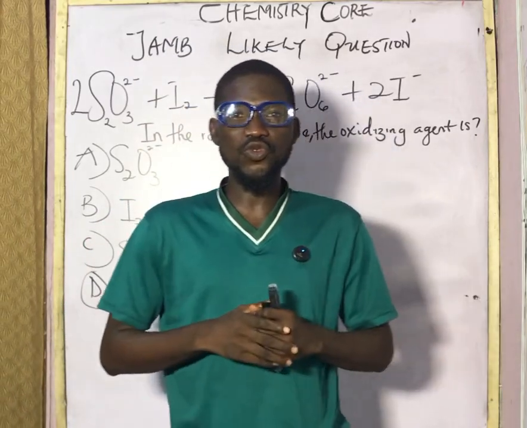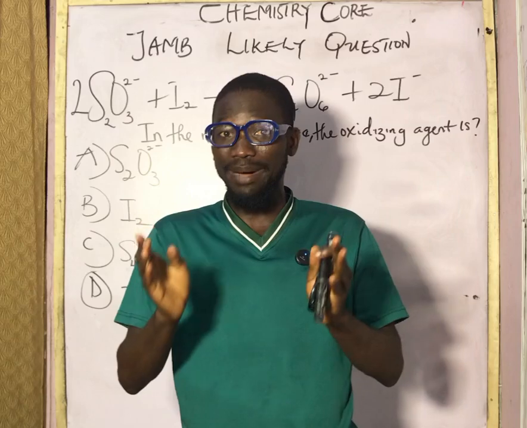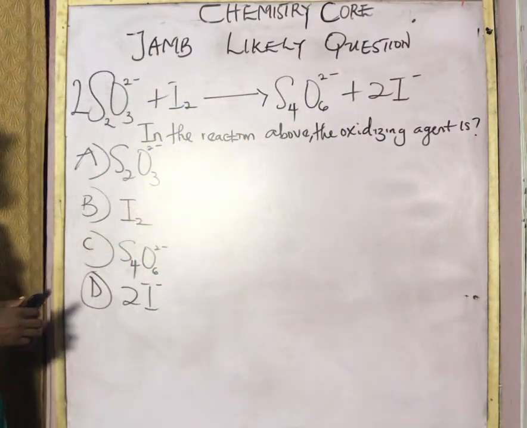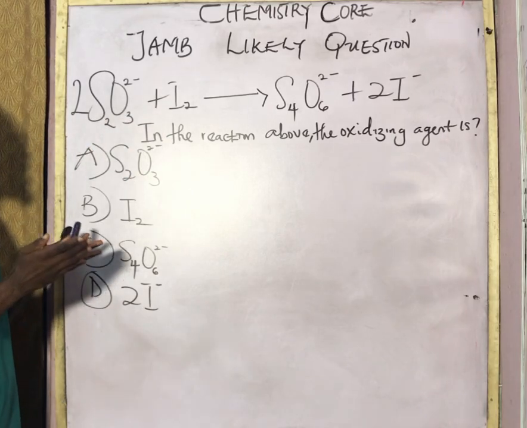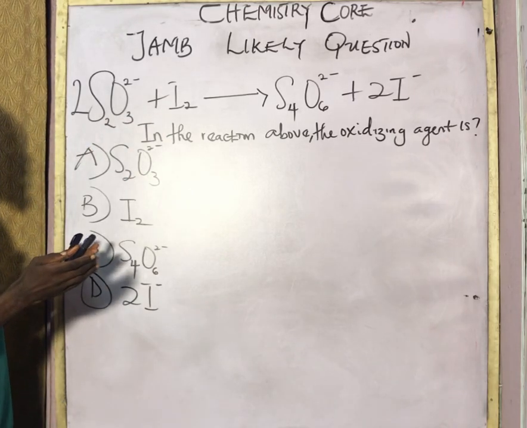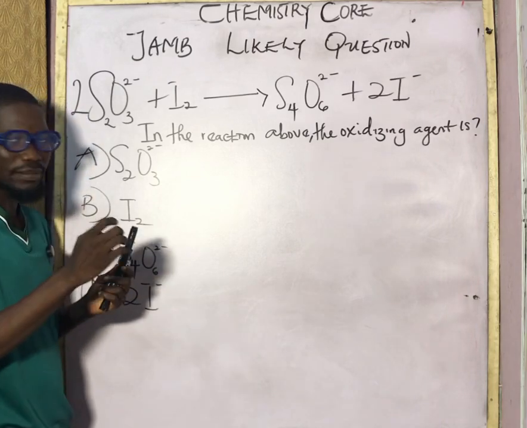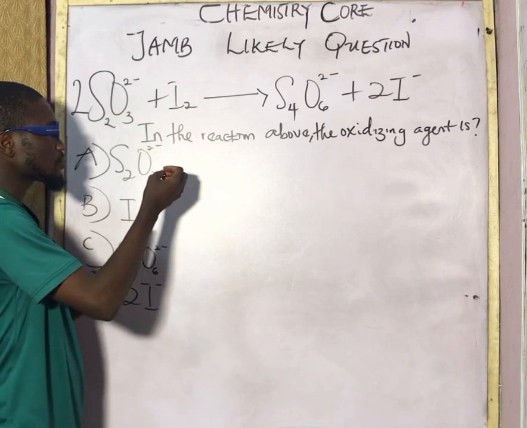Let's say you came across this type of equation for the first time as a Jambite. So guys, let's take a look at what we have on the whiteboard together. We are given an equation, but in that reaction above, the oxidizing agent is what? There's one thing you need to know as far as Jamb is concerned, and how can you solve a question